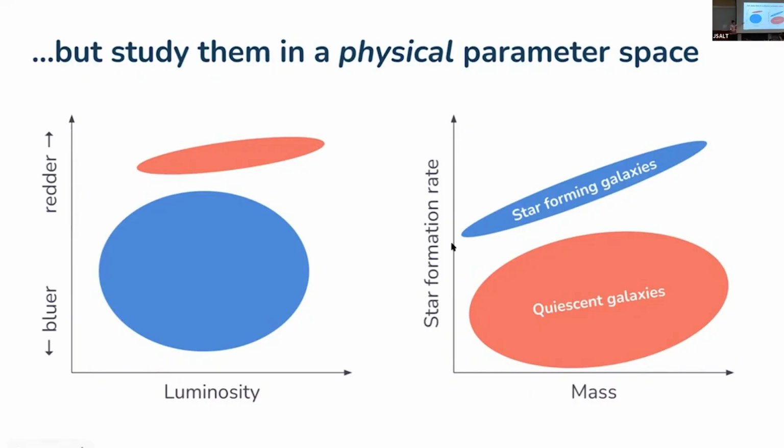But the star formation rate is this other key parameter of galaxies, which is how quickly am I forming new stars? And that star formation rate maps onto this observed parameter space in an opposite way. So redder galaxies often indicate low star formation rates. Bluer galaxies will have higher star formation rates.